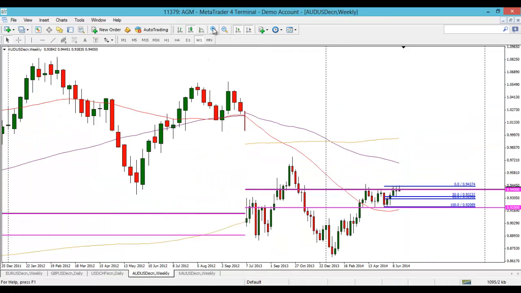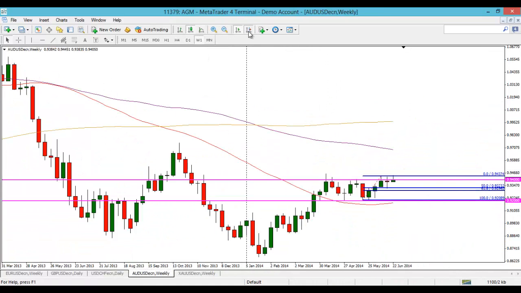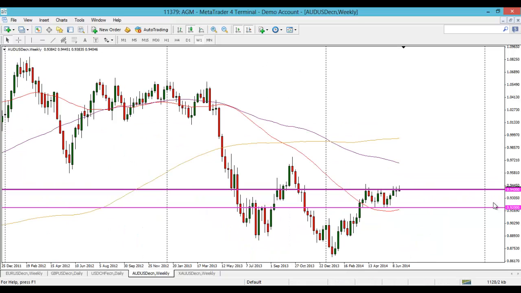Aussie on the week. I've left this up from last week as well because nothing has changed. I should get rid of this fib for a second. I'll put it back on. It's still chopping in between this 200 pip range, the 0.92 and 0.94. In terms of this weekly, last week we had another test of this level and it closed below, and this week we've already had a test of it and we're currently below it as well. So sellers are still trying to cap this 0.9450s.